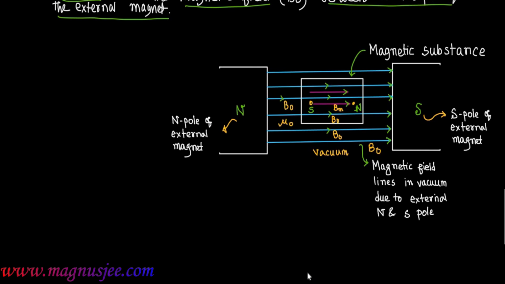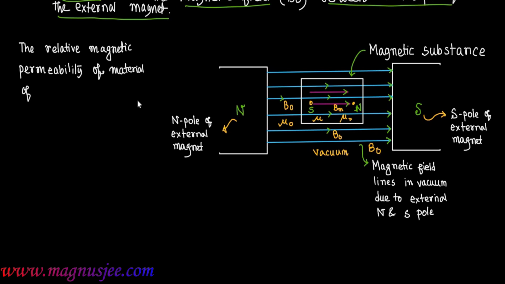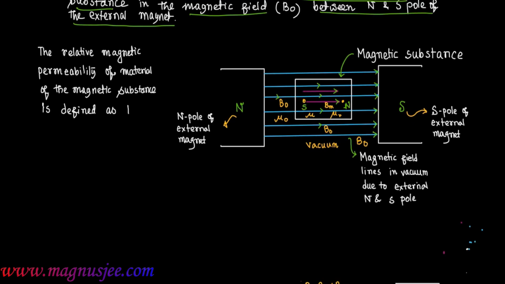So here B0 is the magnetic field induction acting in vacuum. Mu0 is the permeability of free space. Mu is the permeability of the magnetic substance. And mu-r is the relative permeability of the magnetic substance. The relative magnetic permeability of material of the magnetic substance is defined as the ratio